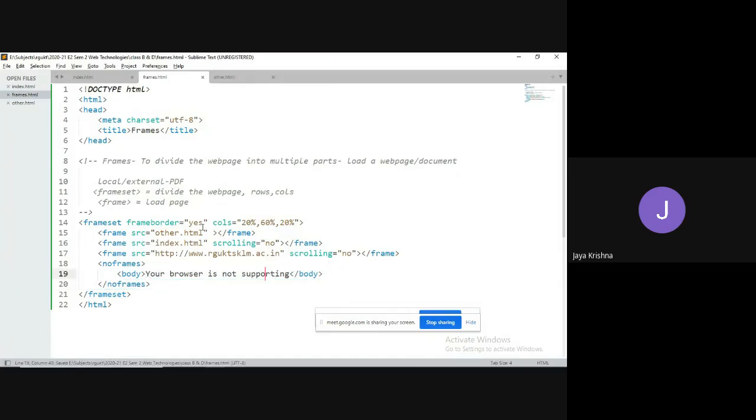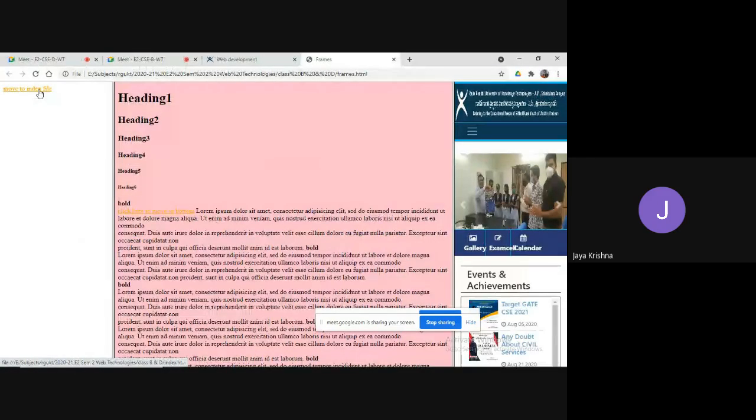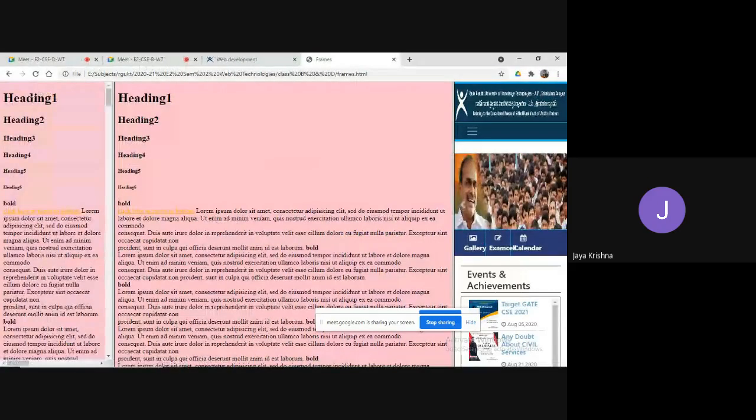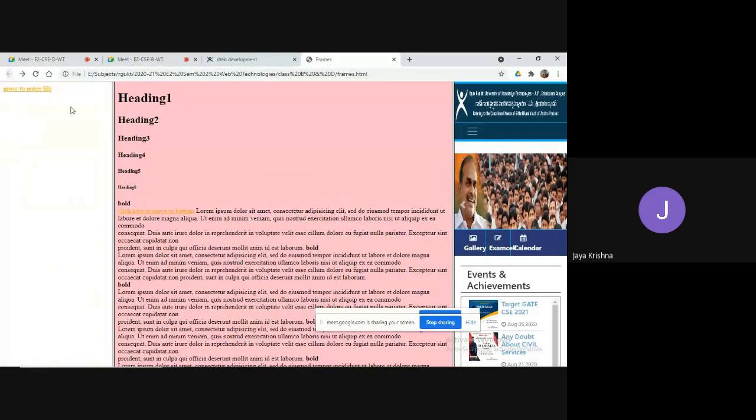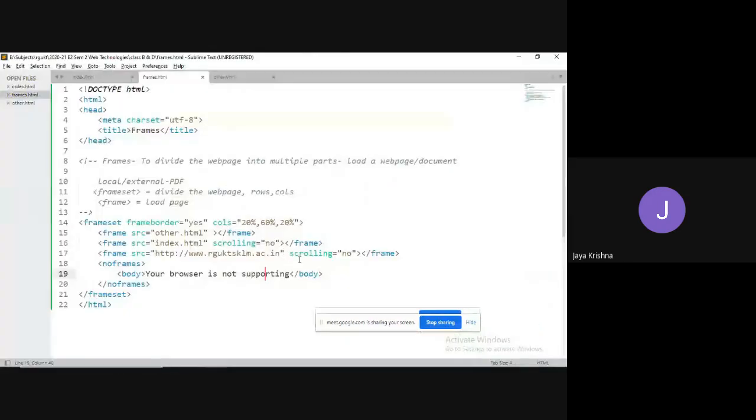Okay, fine. Guys, you can observe here. Whenever I click here on move to index file, it is going to load the index file. But for example, whatever file I click should open in the third window, the third frame. Then what I can do, as I defined while explaining the concept of the anchor tag, is we can give the frame name also. For example, this frame name is third. I'm giving.